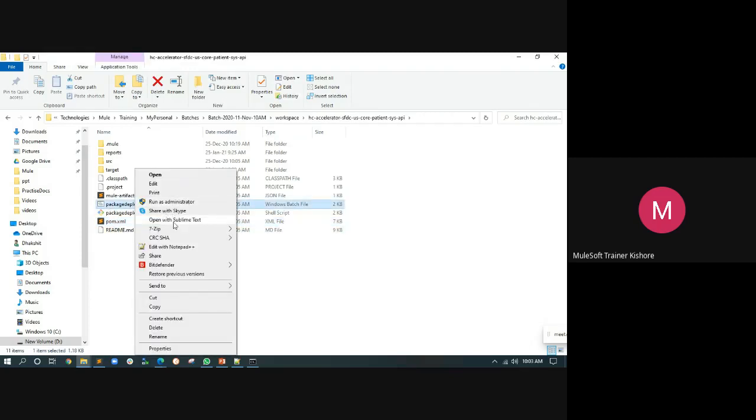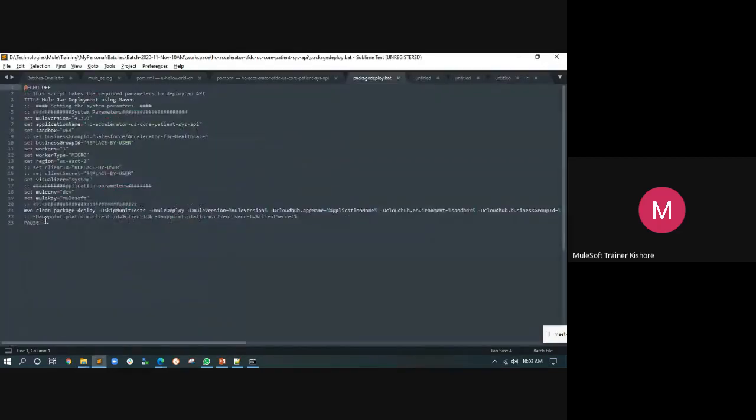And then this is the command line they are passing. They created a script, and then they created the environment variables, and then they are doing mvn clean package deploy. If you want to skip MUnit tests while deploying, you can use this, and then -M mule deploy, and then they are passing the runtime parameters to your application like this.